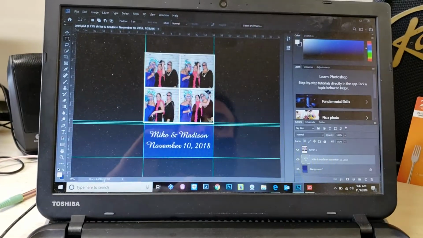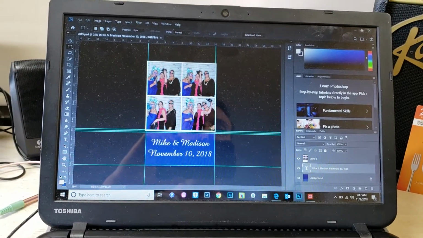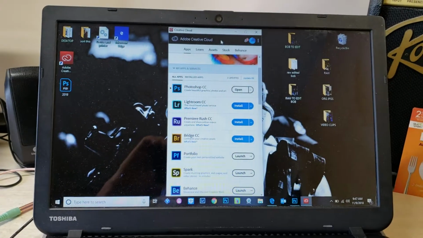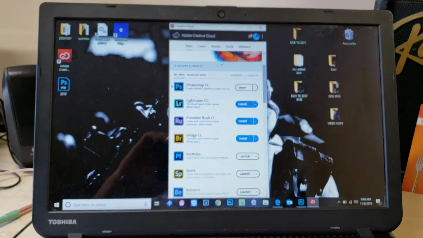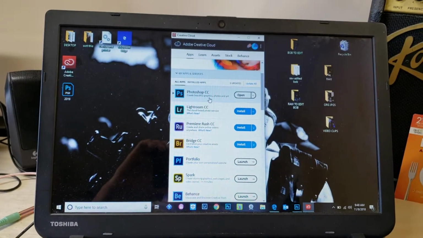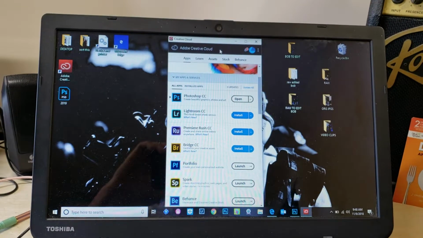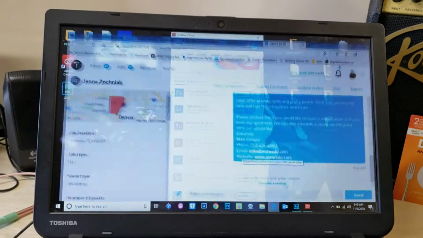Once again, just click Adobe down here. Then bring up your app, Creative Cloud. You'll have to sign in if you're not signed in. And if you don't have this, you need to go to the internet and then get the Adobe Creative Cloud app. So you just go to internet,